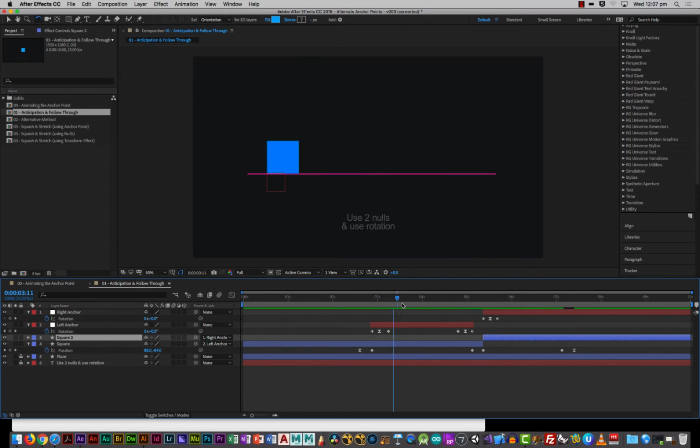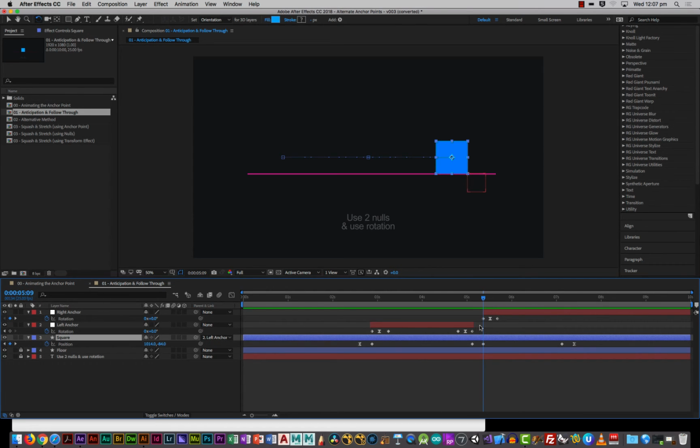So the first one's parented to the left anchor, and then seamlessly it switches out to the second one, which is parented to the right anchor. Now that works, but it puts more layers in my timeline, which may or may not be the most appropriate answer. So I'm going to undo that,